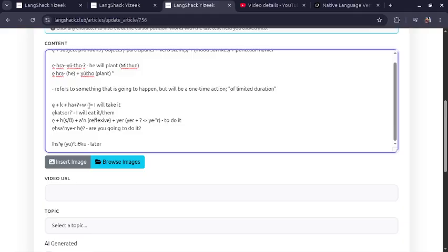Generally, it's after the final vowel. So you do that, you put that in between there, and then this means "I will take it."